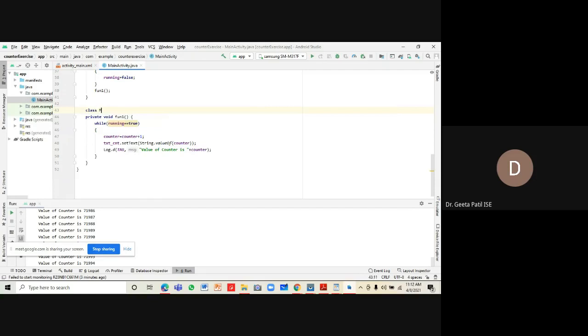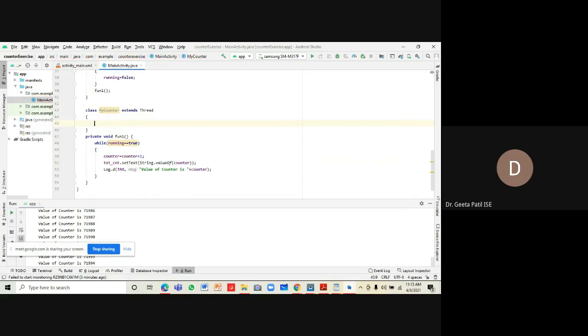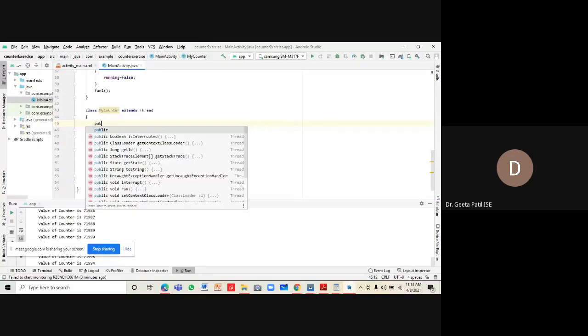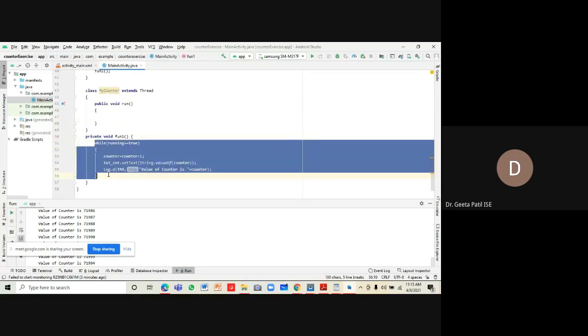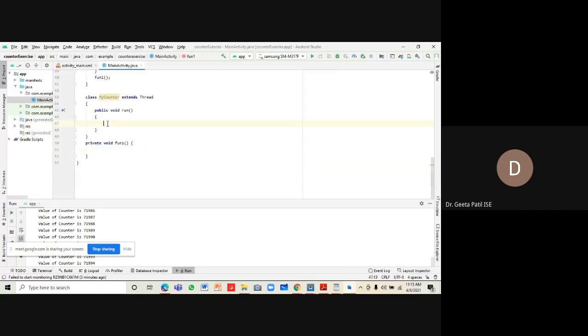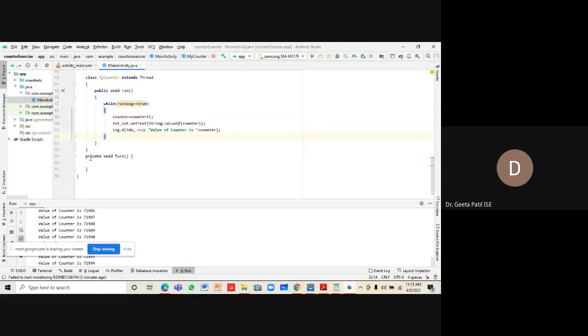Let's say I'm creating a class by name MyCounter which extends Thread, and in this we have to write a public void run, which is the method implemented in the thread, and whatever we are doing over here while running is equal to true, do all these things as a part of this class.